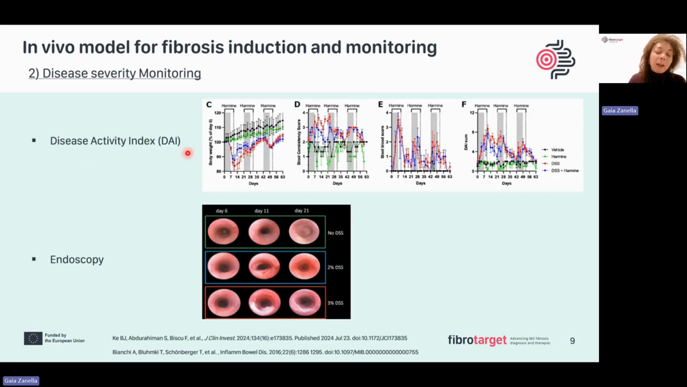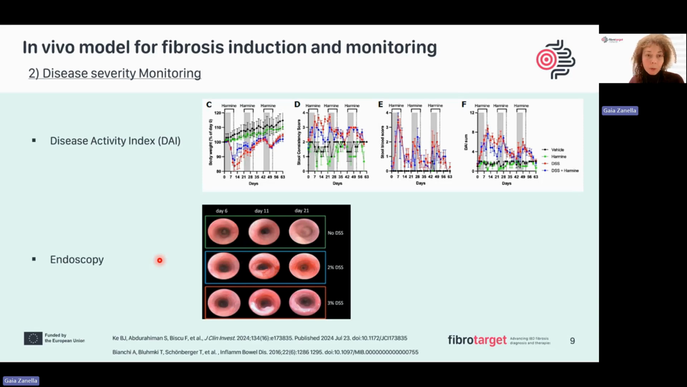And so we have parameters that can be used for all the models that I mentioned so far. The first one will be the disease activity index, which takes into account the body weight loss, stool consistency, and presence of occult blood in the feces. And then also with endoscopy, we are able to monitor the disease severity, but of course in a more invasive way, since the mice have to be exposed to